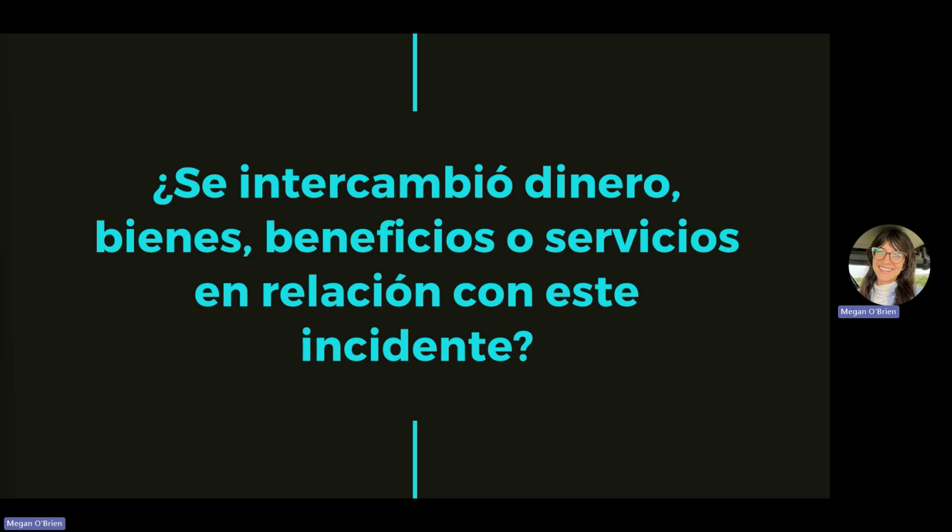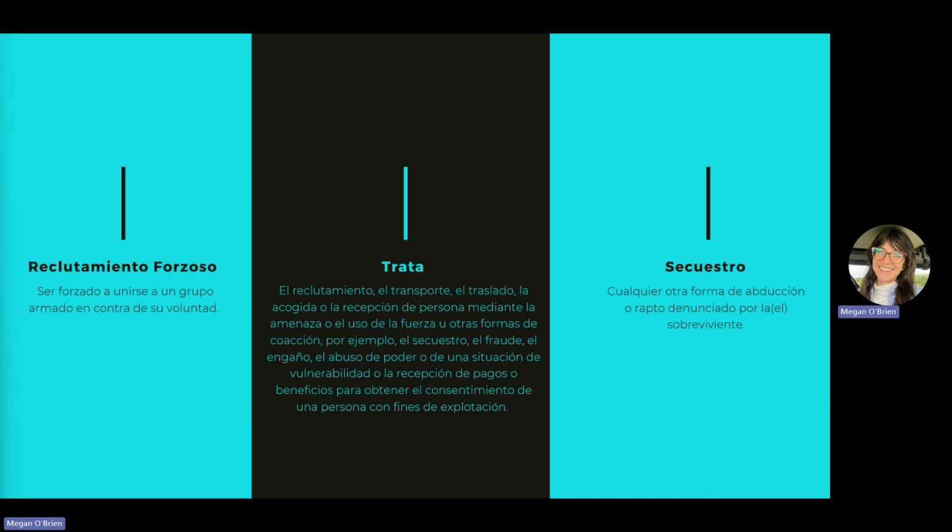There's a question on were money, goods, benefits, and or services exchanged in relation to this incident? And here you would just mark yes or no. There's a question on the type of abduction that took place at the time of the incident. The answer might be none. It could be forced conscription, which means that the survivor is being forced to join an armed group against their